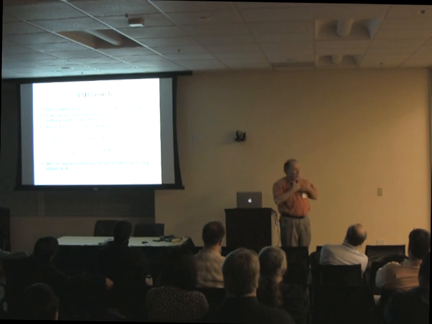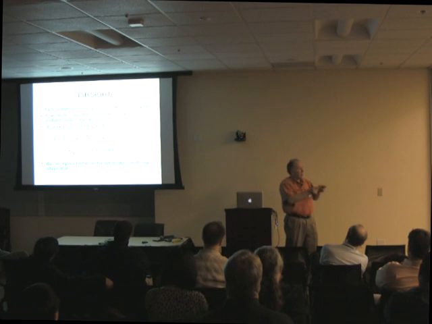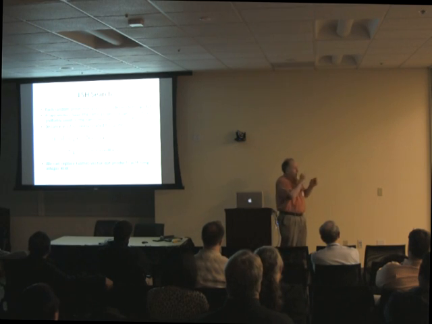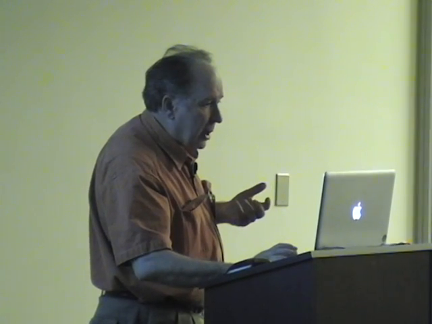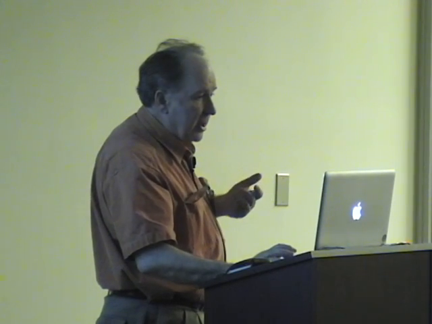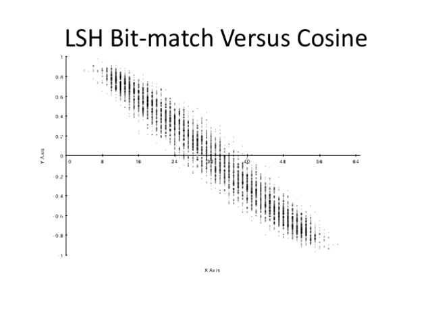And if I have many half planes, like this one, and this one, and this one, on average, the number of times they have the same sense, 0 or 1, would be rather large if they point the same direction. Now, we want a distance. And when we say point the same direction, we're talking about a dot product. But distance and dot product are closely related here, especially if these are unit vectors. And so we can estimate this cosine theta, which is the key term in this distance, using this XOR. And here's how well we can do it with 32 bits. 64 bits, excuse me.